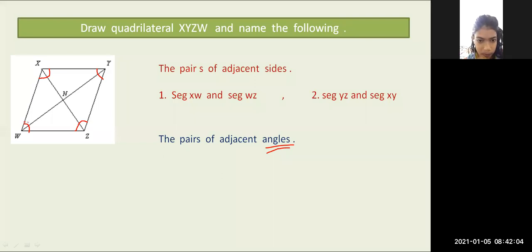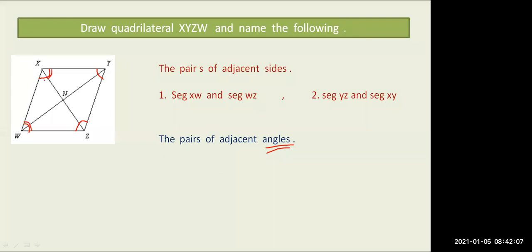And X is again adjacent to W. Like this, very good. This is called the neighboring angles. That means you can go anti-clockwise also or clockwise also. Like W is adjacent to Z, W is also adjacent to X. Z is adjacent to W, Z is also adjacent to Y. So like this pairs you can make and give the answers. When you're talking about adjacent angles, you get 4 pairs of adjacent angles. Similarly in sides also, if I'm talking about XW, XW is adjacent to WZ, but XW is also adjacent to XY.